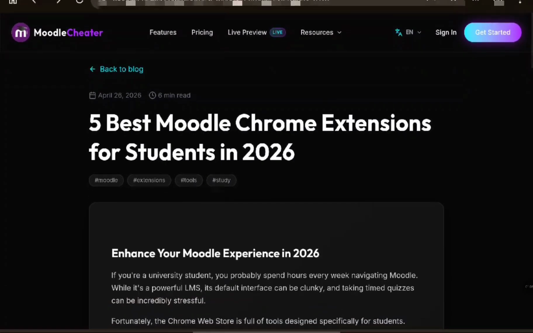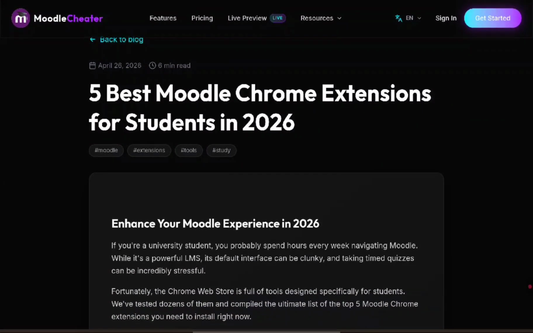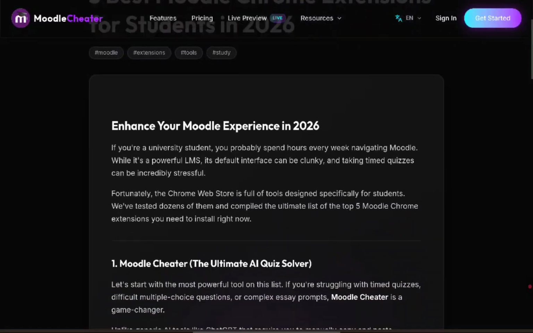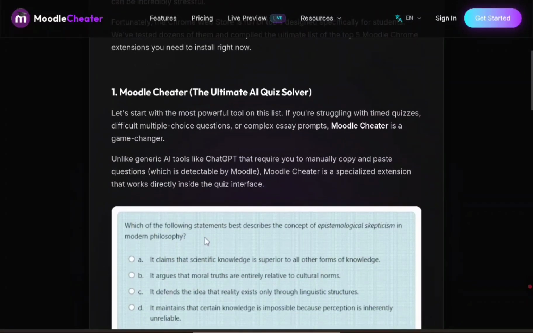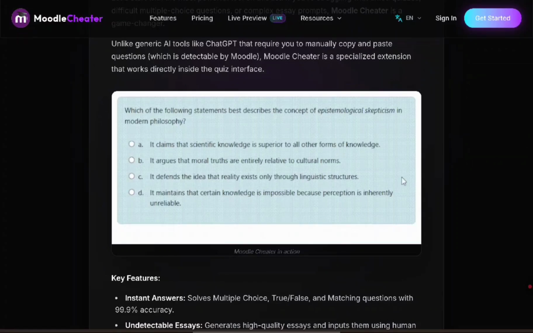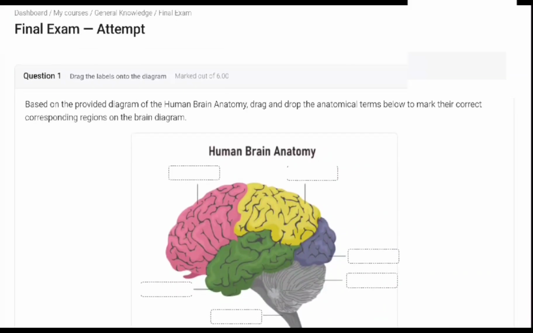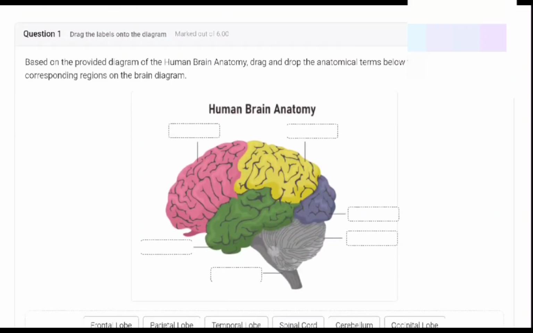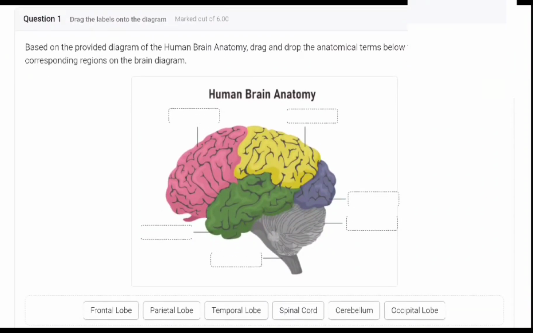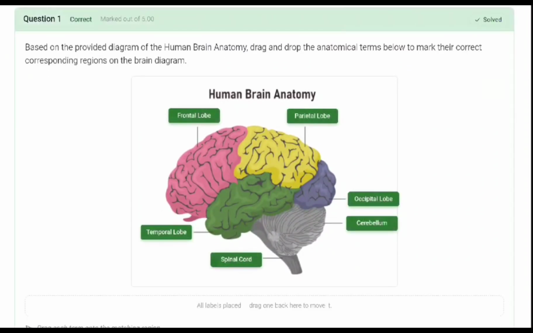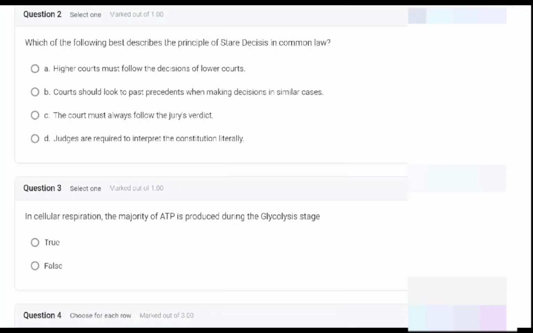Okay, so, more often than not, you must have seen these 5 best Moodle Chrome extensions. They even assure all correct answers automatically for your test, be it objective or subjective answers. In this manner, through AI,